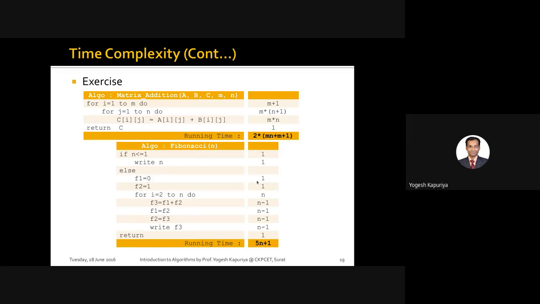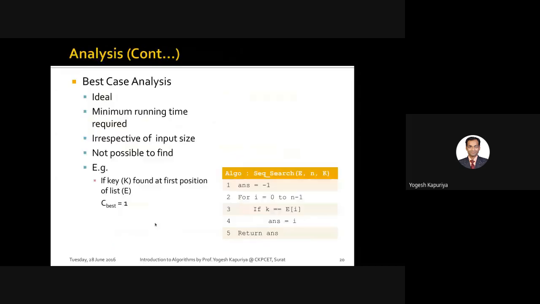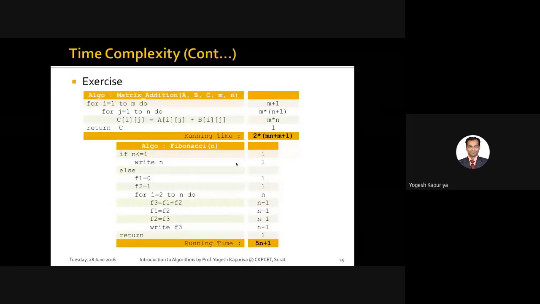Then this is an assignment. So 1, assignment 1. Again a loop 2 to n. That means it is running n minus 1 times. That means this statement is executing 1 more. So it's n minus 1 plus 1. That turns out to be n. Everything inside this loop will be executed n minus 1 times. So n minus 1 into assignment, so 1. N minus 1 into assignment, so 1. N minus 1 into assignment, so 1. Again assignment, so 1. So this is n minus 1, n minus 1, n minus 1, n minus 1.